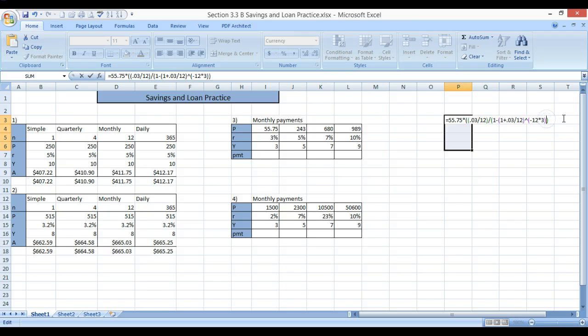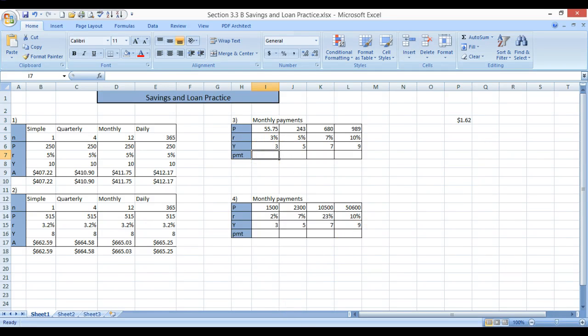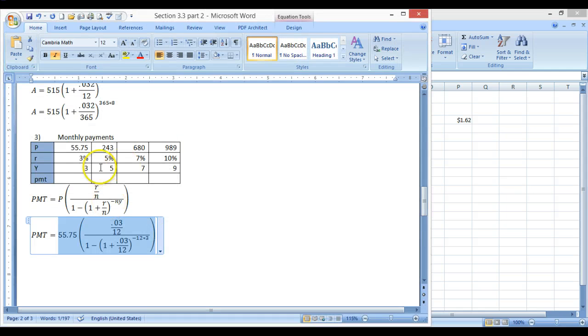55.75. So I'm going to come over here and just add one more set of parentheses. And now I have one that combines the whole outside. So that was just a double check. Press enter and we get $1.62, which we can put here, or we can go back into our Word document and type it into here,